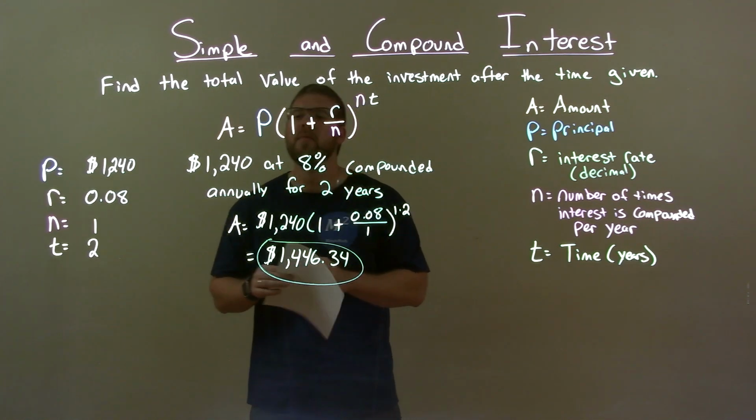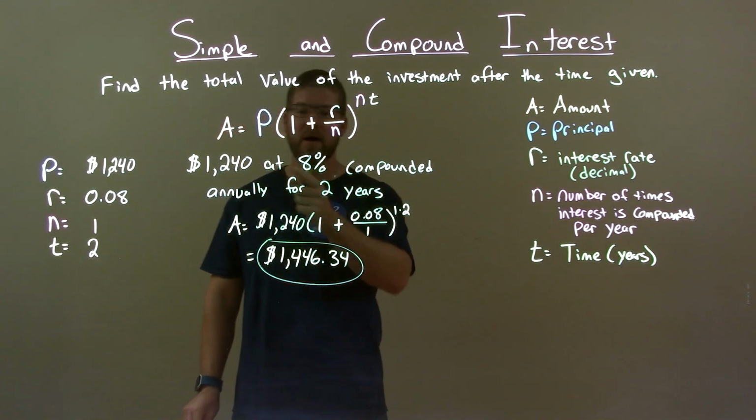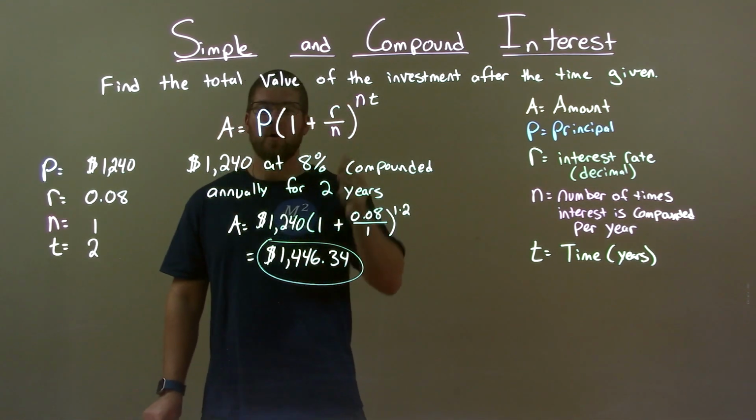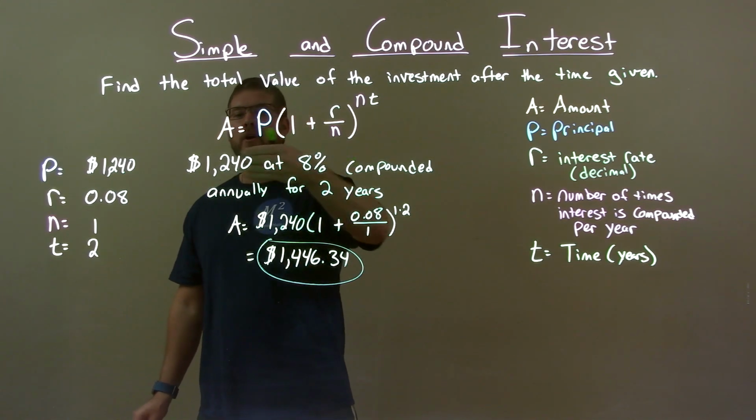Quick recap, we're given $1,240 at 8% compounded annually for 2 years. With that right there, we extracted